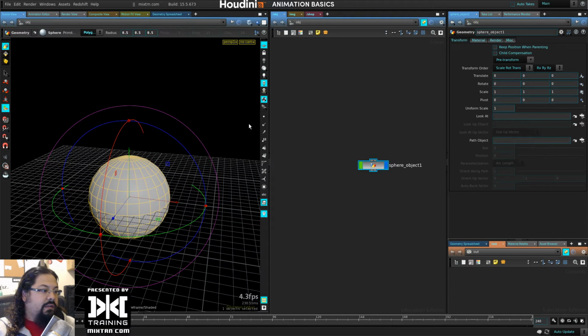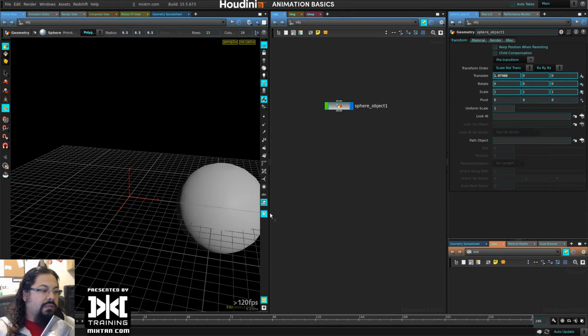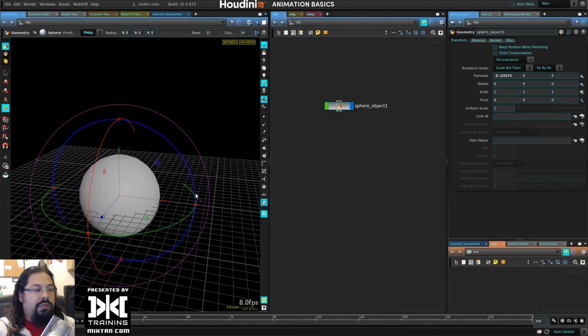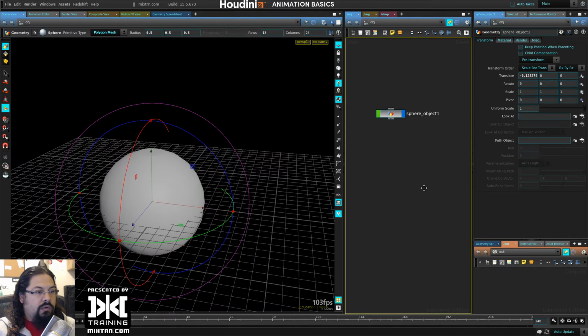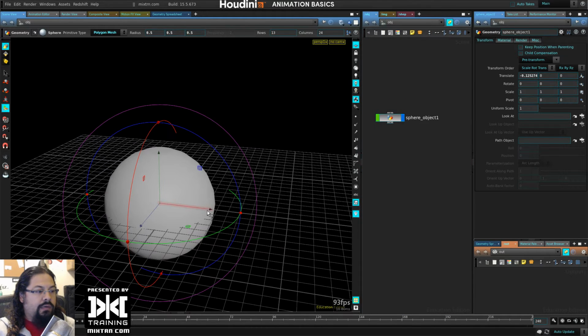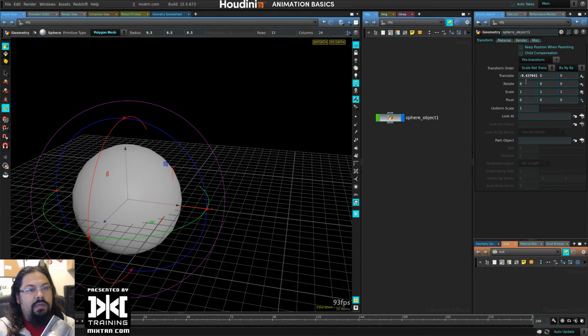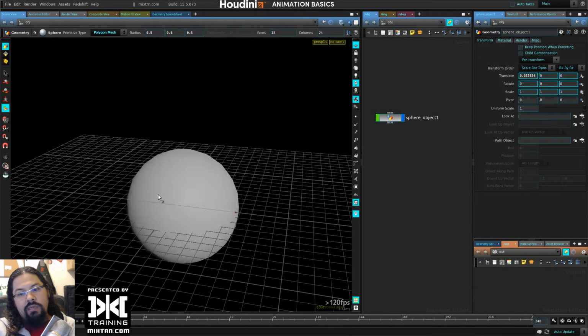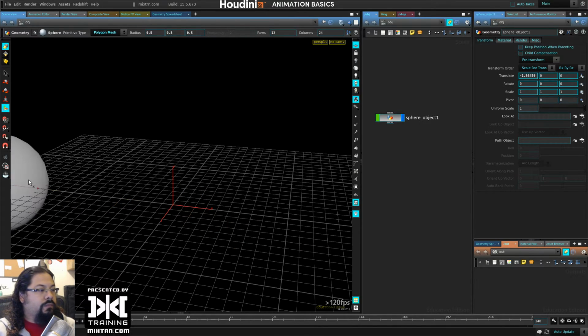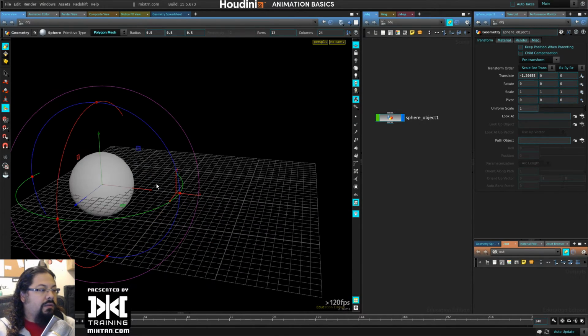So we have a sphere, right? We want to move it. We start moving it like this. So how do we keyframe that attribute? Well, you can see when I move it, this attribute here is changing. So that's the attribute I want to be keyframing, right? If I start all the way here,